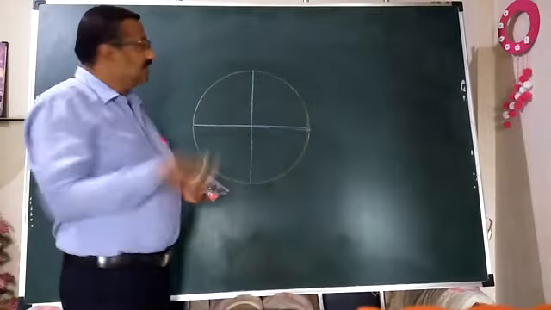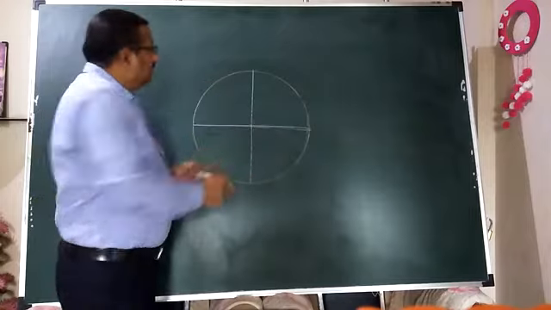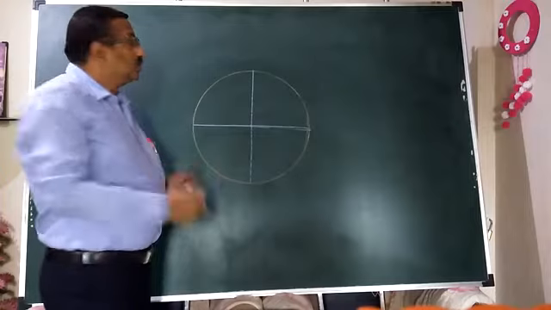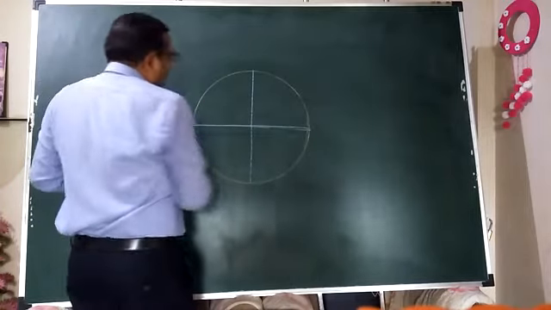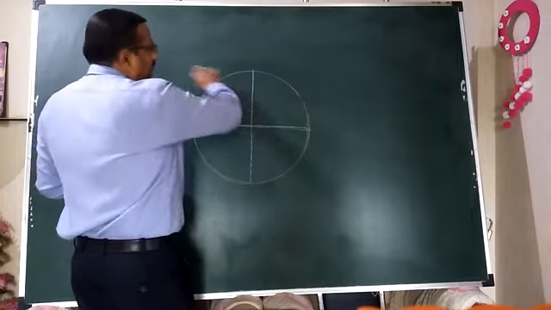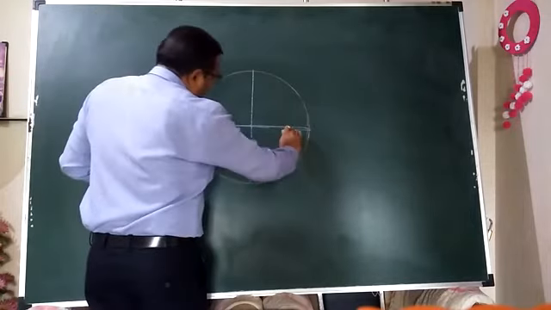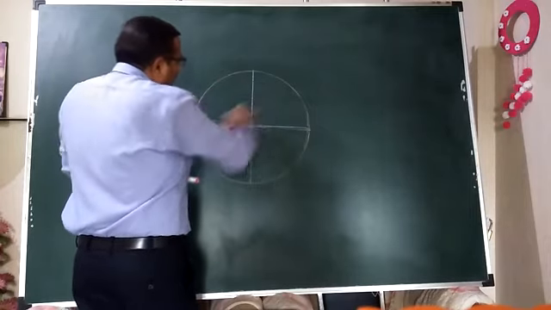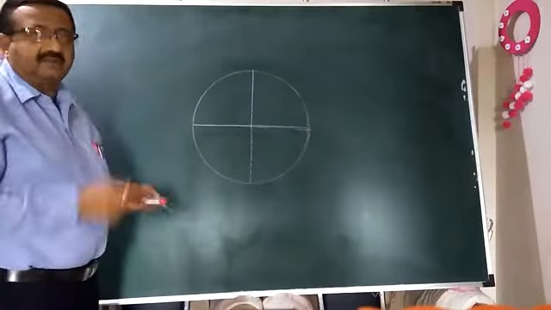Inscribing a square in a circle means what? Just now we have learned, constructing a square in a circle. Now what is asked? Circumscribe a square to a circle, about a circle, you can say. The square should be outside this circle. Now naturally what do you have to do? We have to construct lines parallel to the horizontal and vertical diameter lines outside this circle. Naturally we will have that circumscribed square.